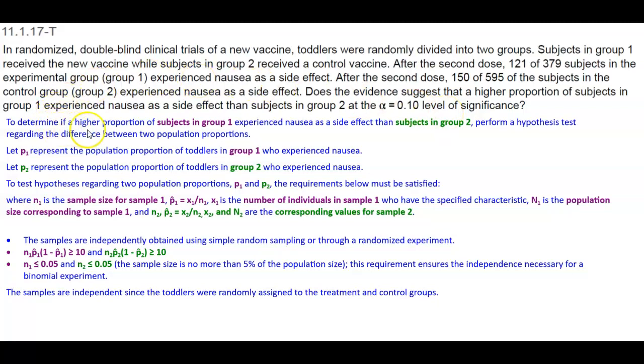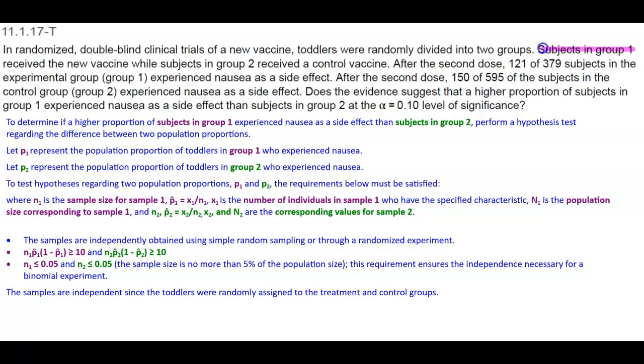Okay, now to determine if a higher proportion of subjects in Group 1 experience nausea as a side effect than subjects in Group 2, perform a hypothesis test regarding the difference between two population proportions. If you notice, I color-coded Group 1 and Group 2, just so that we can see the difference when we look at our information from the problem. So, we have subjects that are in Group 1,